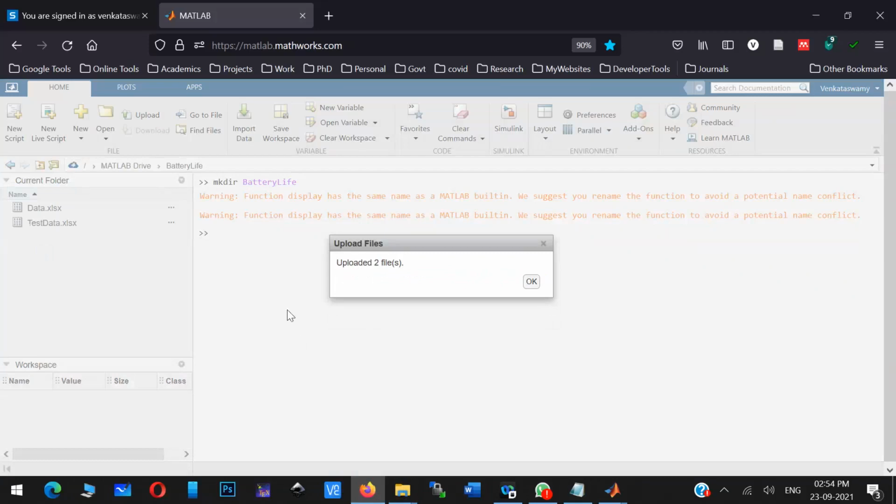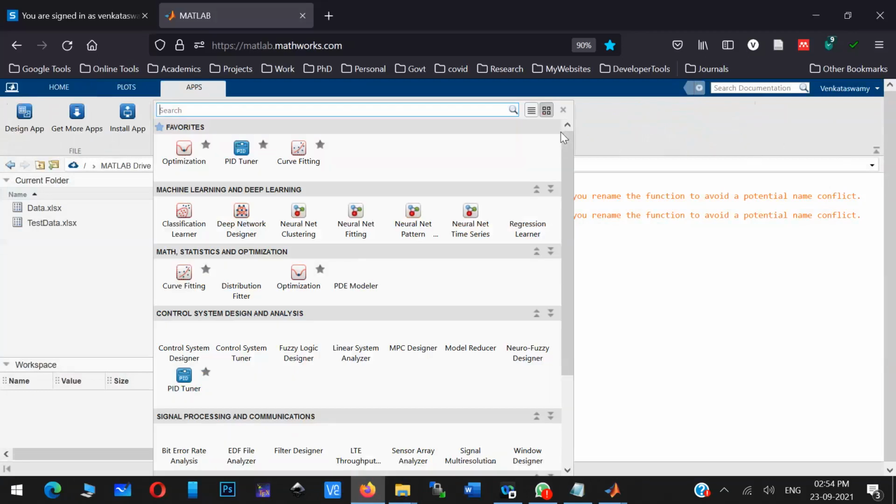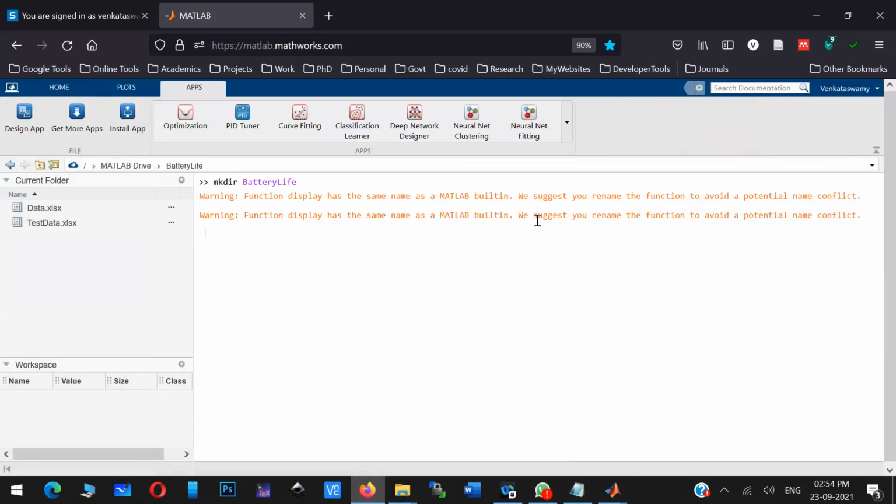Then you can go to apps, and there will be the regression learner toolbox available. Same procedure, there is no difference. Only you will be using the online version. That's all.